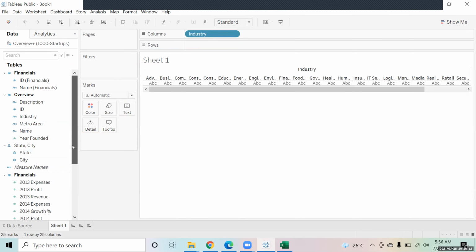If I select the two values from here, IT services and the software, I will rename them as, suppose, information technology, and I will replace the values. Right? This is one way.